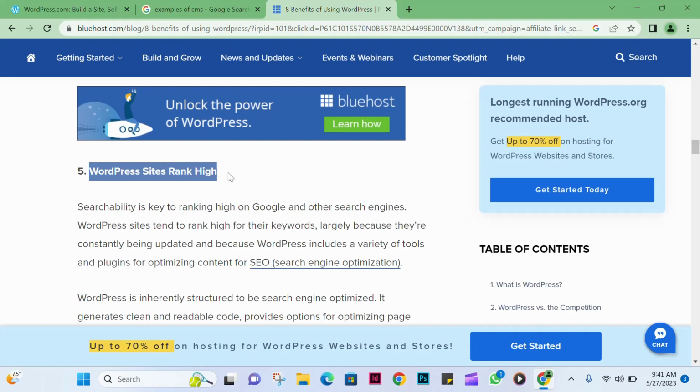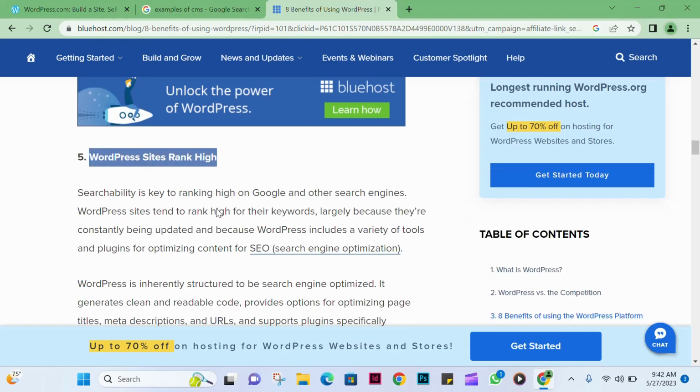For example, we have Optimizer, we have Rank Math, and the most commonly used is called the Yoast plugin. We shall see all that, I think, towards the end of the classes.